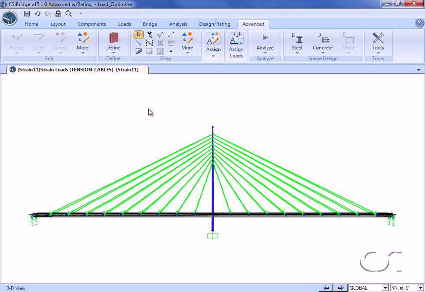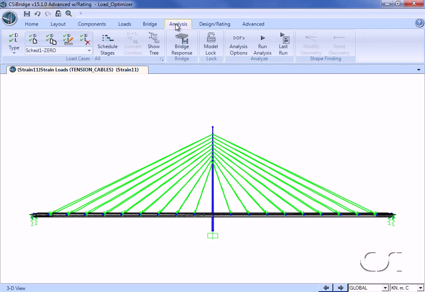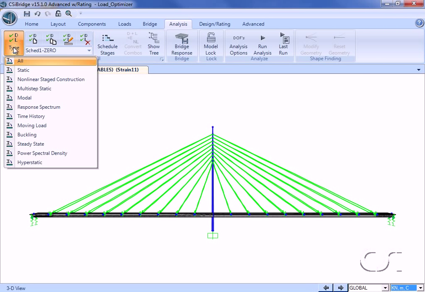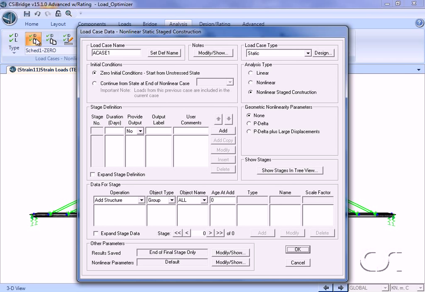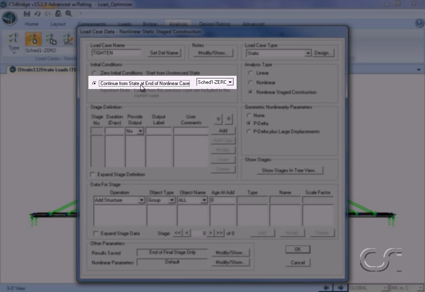Next, we will create a nonlinear staged construction load case, which we will call Tighten. Here is where we will tighten the cables. This case will start from our bridge case, which is the construction sequencing case.